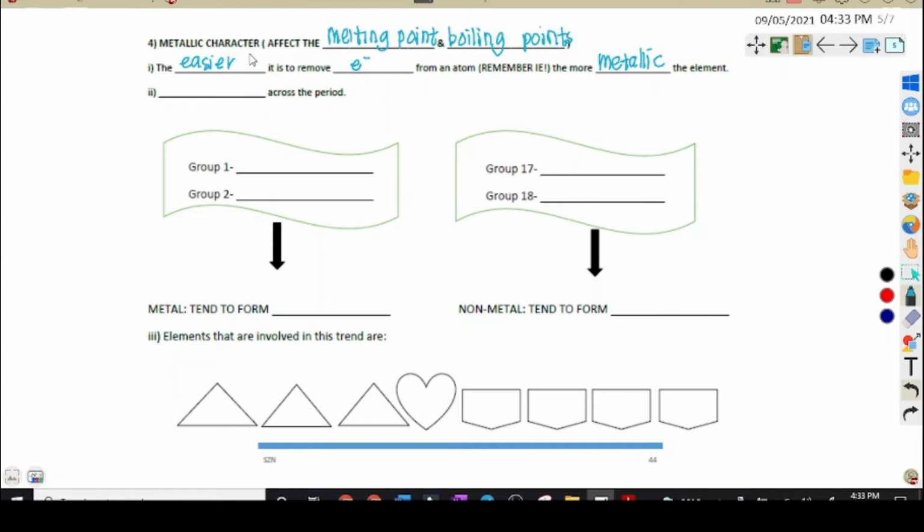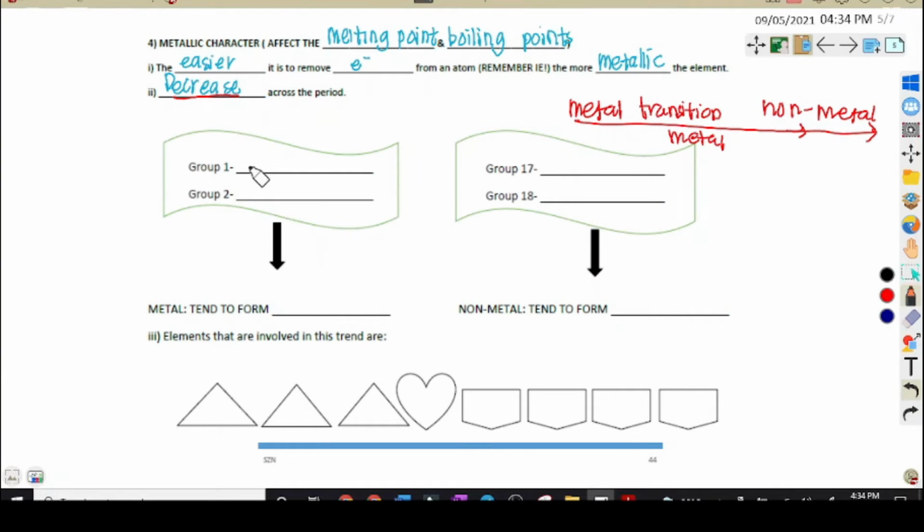So metallic character will decrease across the period because we are going from metal, transition metal, and non-metal elements for the P block. Going across from left to right, the metallic character will decrease because we are going from metal to